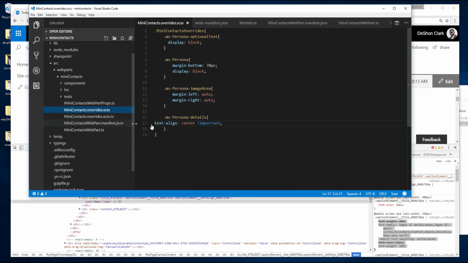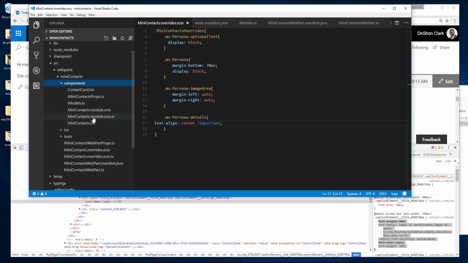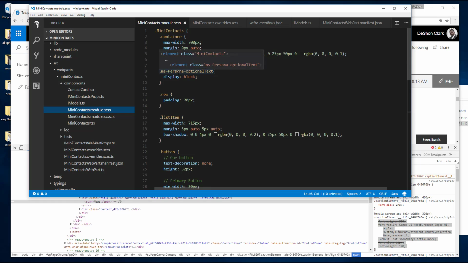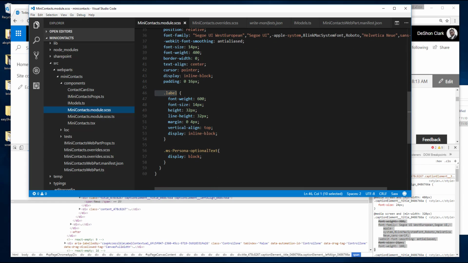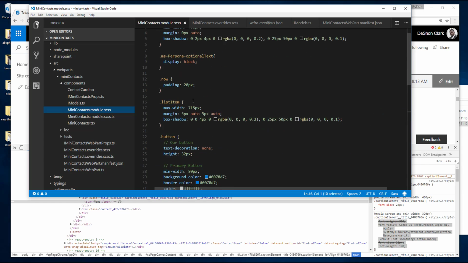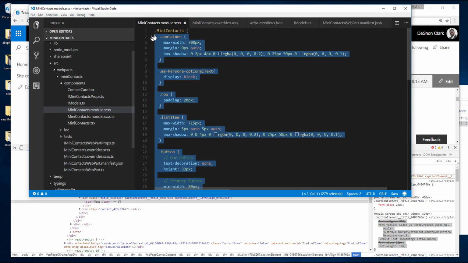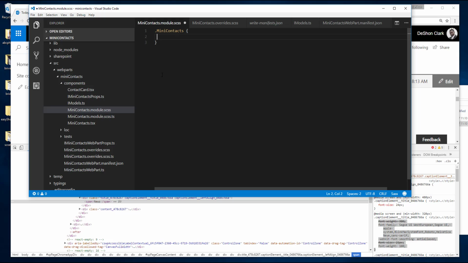So, in order to get this to work, this is where we kind of left off last time. So we have our overrides, right? And we have our standard web part styles. And to the point I was trying to make in the last video, we want to keep this intact, because if we're styling something where we're not overriding the Office UI Fabric component, let's go ahead and keep that in your standard module SASS. So I'm gonna remove all of this out of the box stuff that we get,